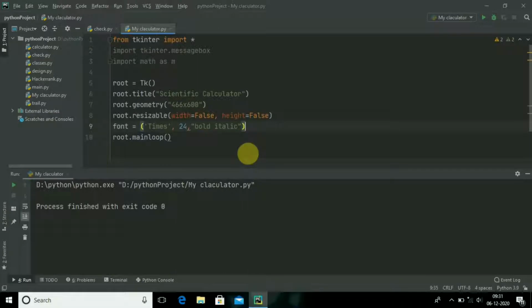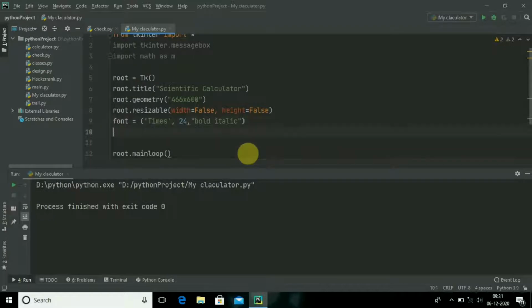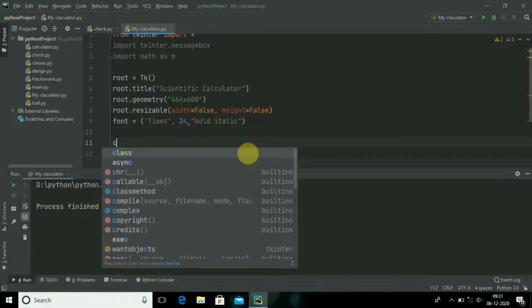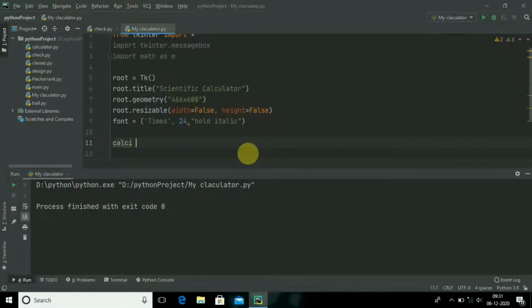The next step is creating the frame. As I earlier discussed, why I am creating the frame is to arrange the widgets. What are the widgets? The buttons and everything I am using, I have to arrange them in a specific order. For that I am using a frame. For the frame purpose, let me write calc_frame equal to Frame of root.